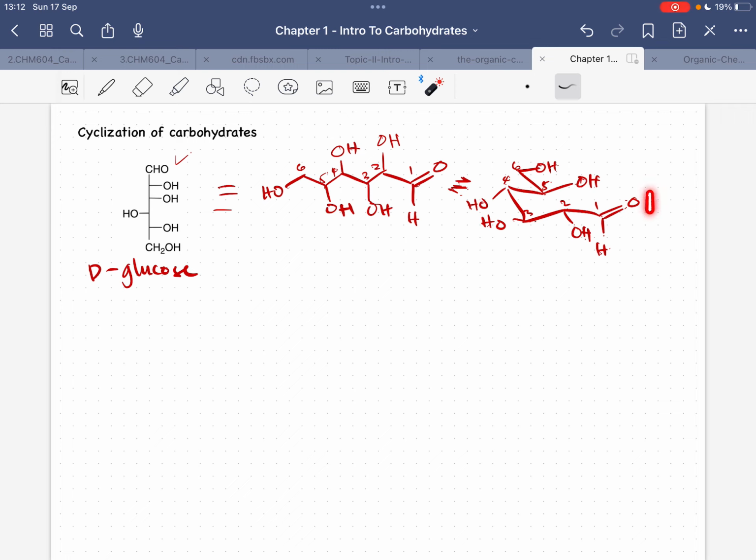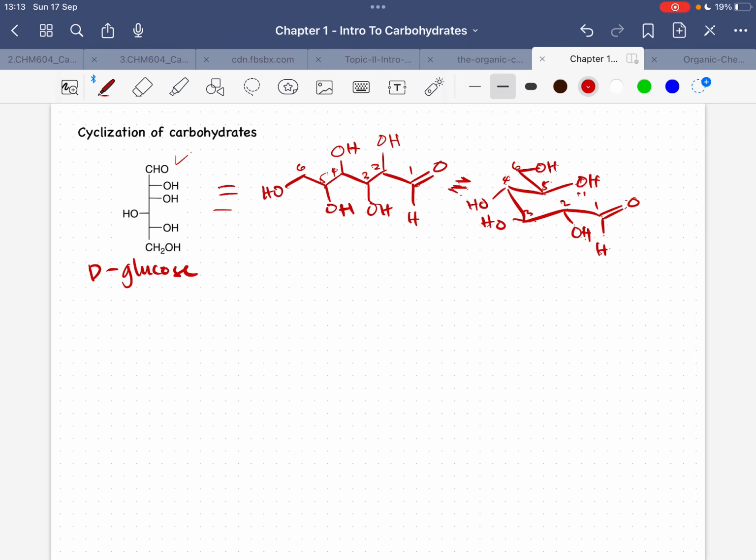Okay, it could either protonate this one, it could either make it activated, this carbonyl, right? Same as the hemiacetal and acetal mechanism. Or the base could deprotonate first the OH at carbon 5, and after such deprotonation, this becomes O minus and will attack this. So either way is possible. It could be base catalyzed or acid catalyzed. Okay. So here, I will just show the neutral mechanism, without catalysis, but actually in nature, it goes through a catalyst in the form of enzymes.